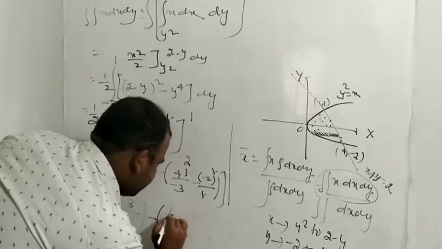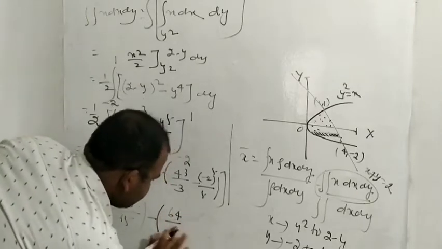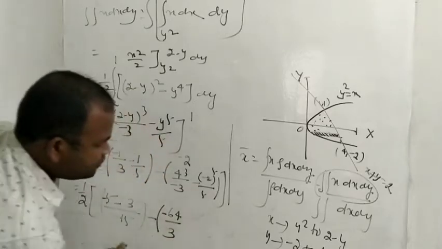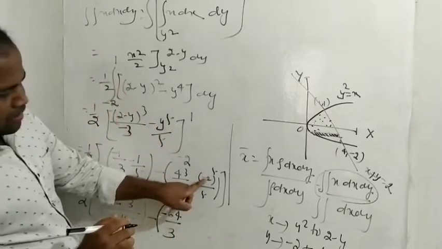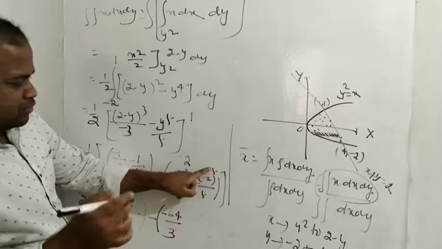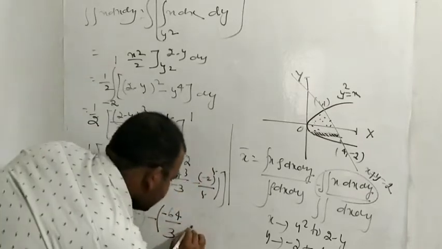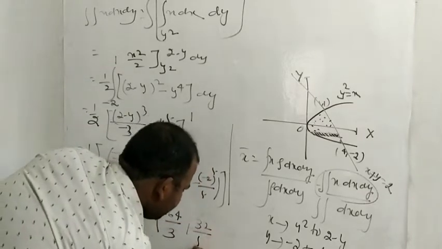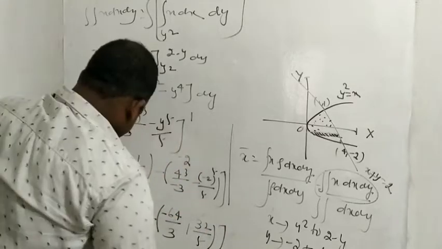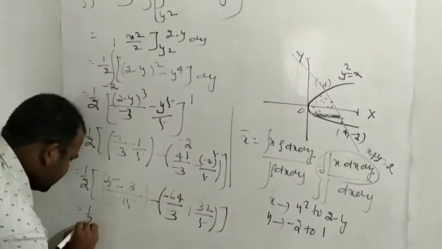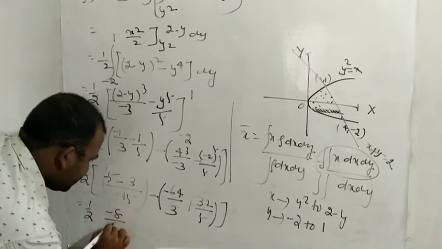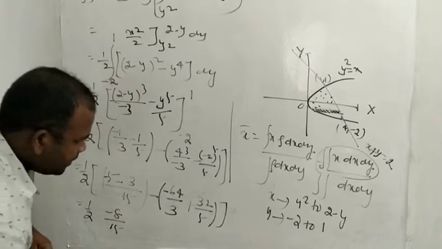This is 64, 64 upon 3. This is minus, to take this one, okay? And minus 2 raised to 5, that is 32. Minus 32, yeah, plus 32 upon 5. Okay. So this is 1 upon 2 minus 8 upon 15, and this is